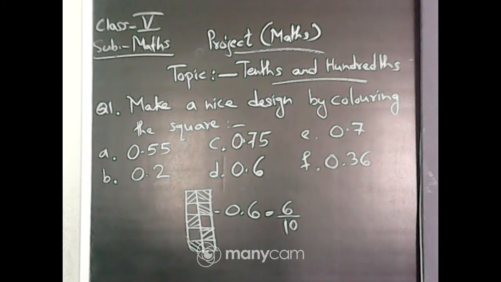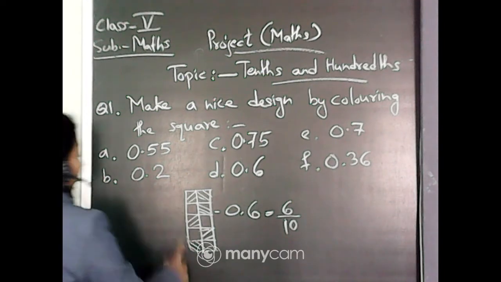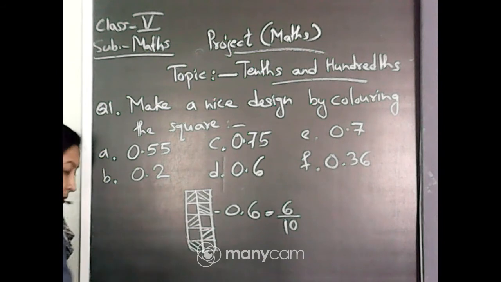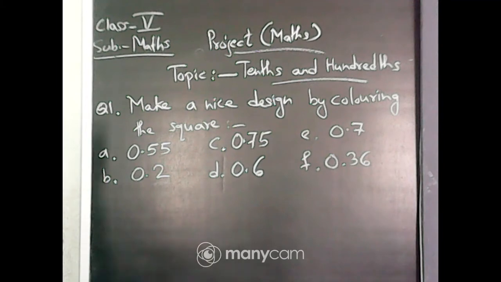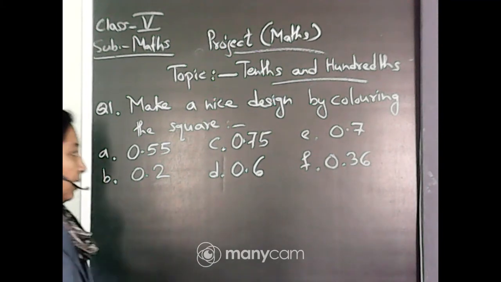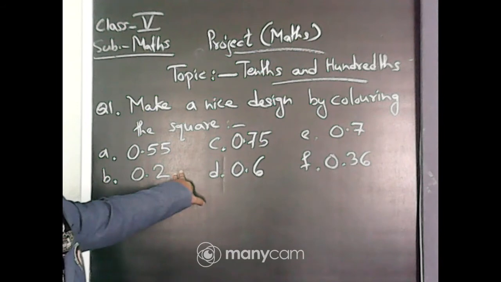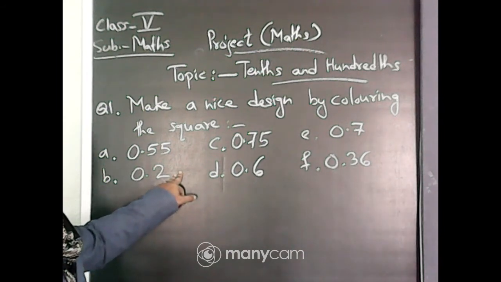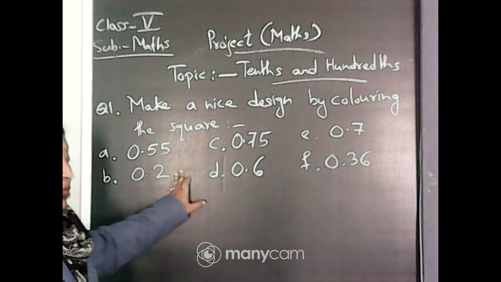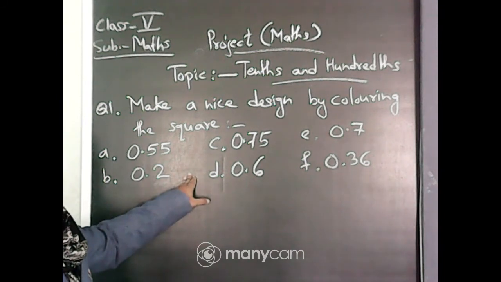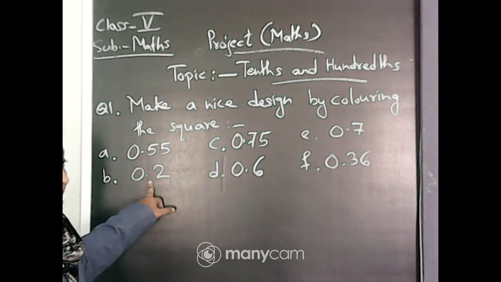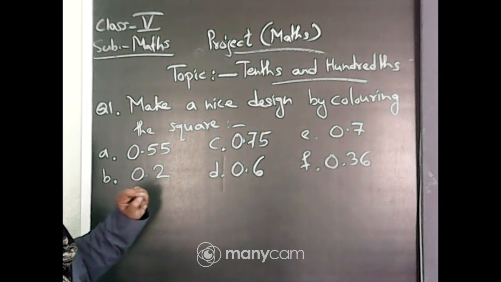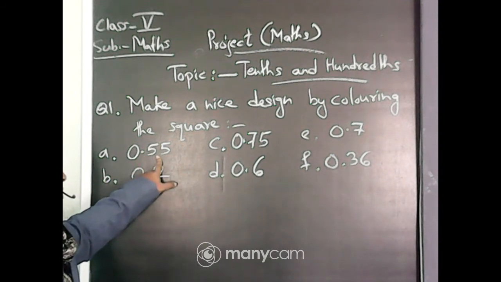Yes, on A4 size paper you will draw and then you will color it. And secondly, here I have drawn vertically, you can draw horizontally also. Okay. So this way you will draw these 6 options with the help of the square grid. Clear? In this question you are getting the concept of decimal as well as fraction, both. Okay, how the decimal is working. That means here we are writing only 10. Why 10? Because after the point only one digit. And here we are dealing with 100 squares. Why 100 squares?